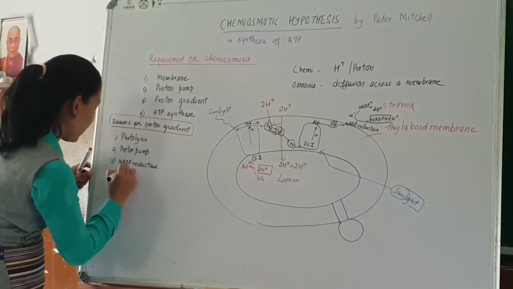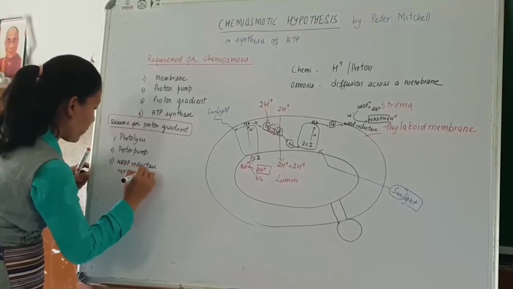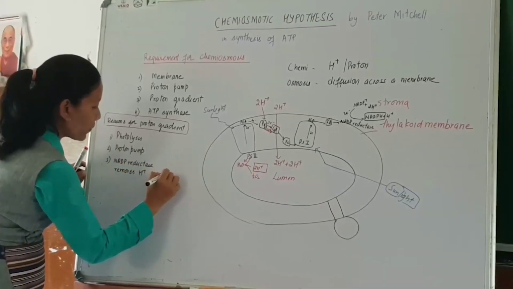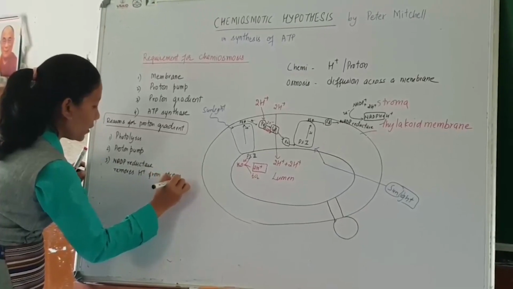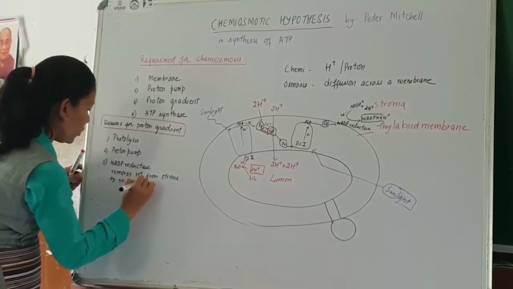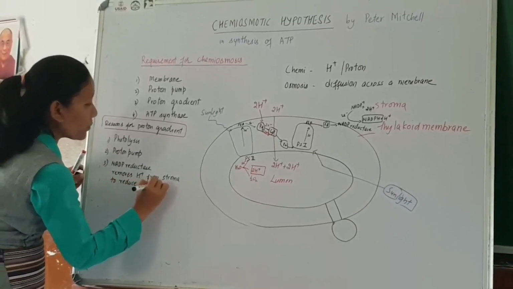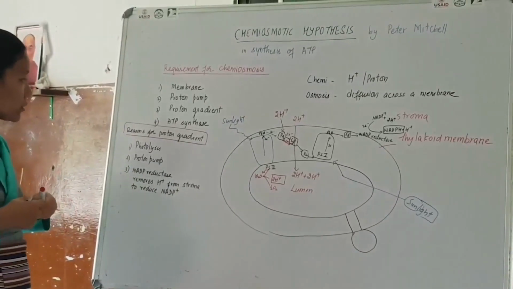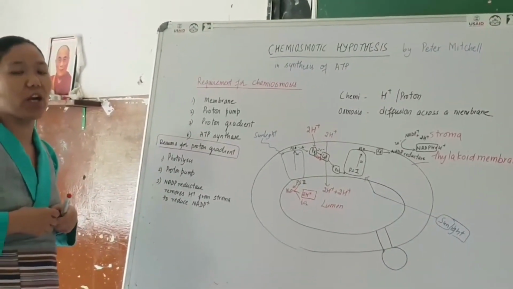Removes proton ion from stroma to reduce NADP plus. So here you can see that these are 3 ways or the reason for having a proton